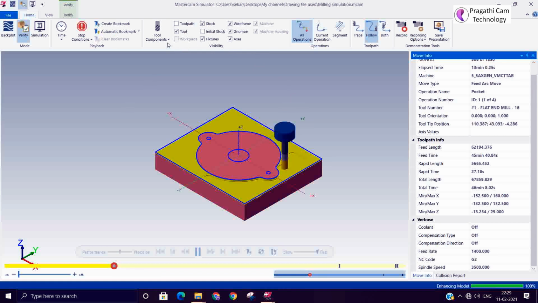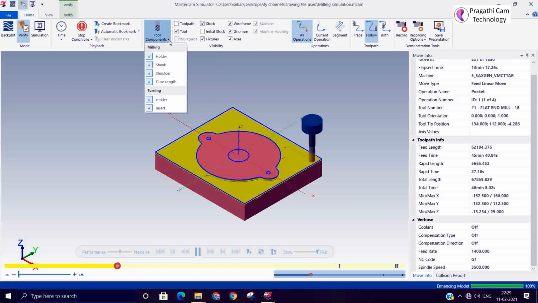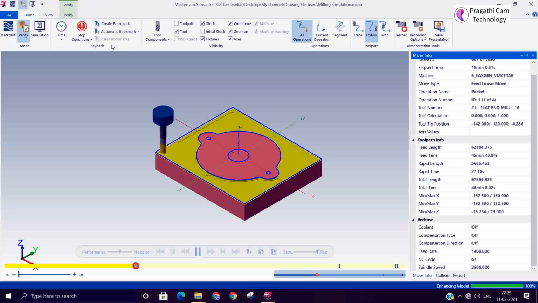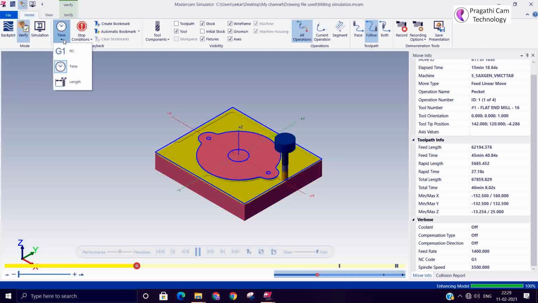And the tool components, whatever you want to see. Now I just removed the shank and it is gone. So if you remove the holder, the display will go. Next is time, and you can see the tool and all the things from here.